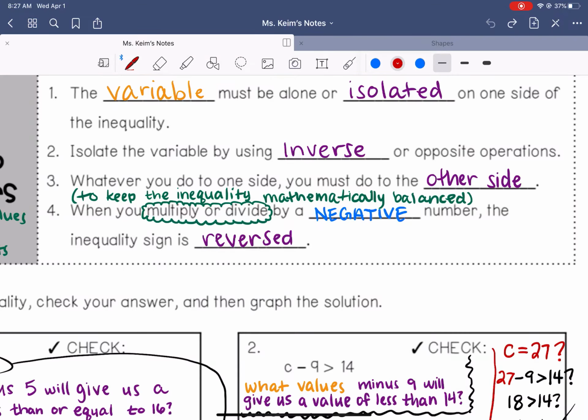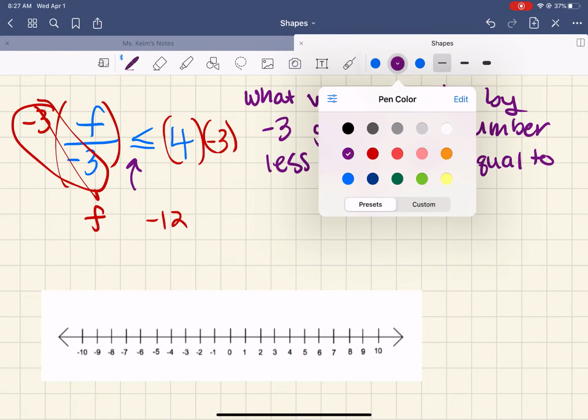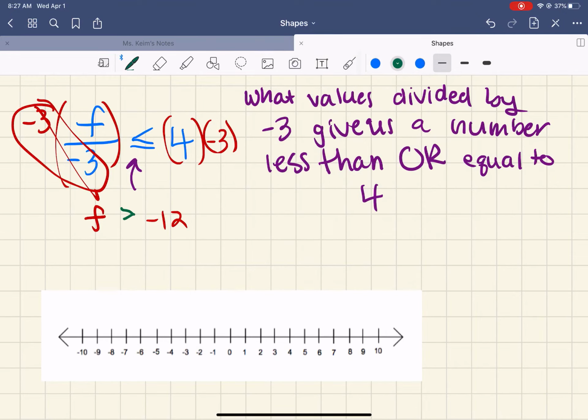Now, we have just multiplied or divided by a negative number. Negatives are the opposites of positives. So since we multiplied or divided by a negative number, we need to use the opposite of our original inequality symbol. We need to use a greater than or equal to symbol. So because we multiplied or divided by a negative number, we had to use the opposite inequality symbol when rewriting